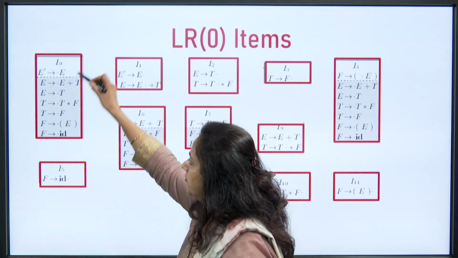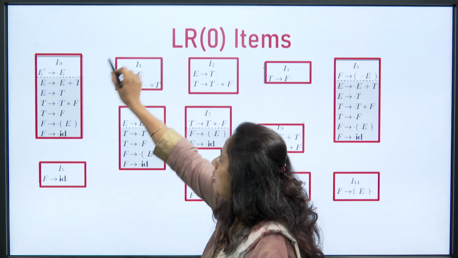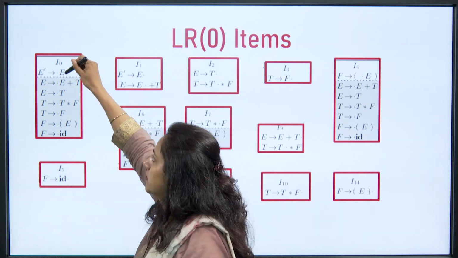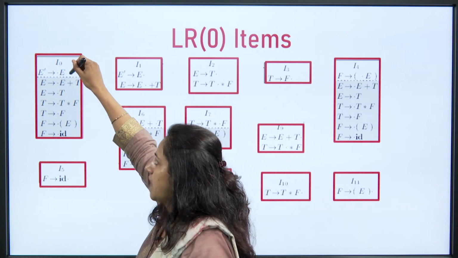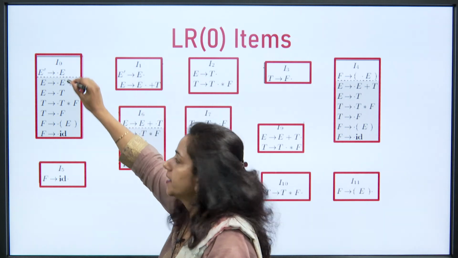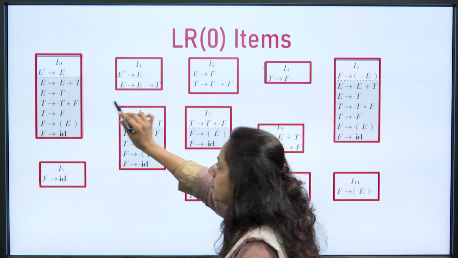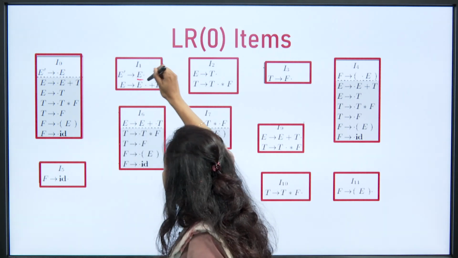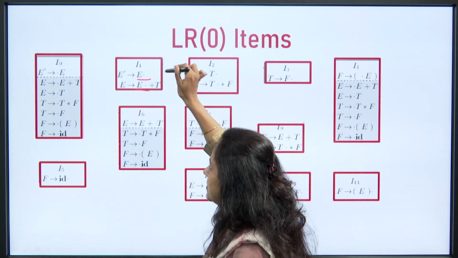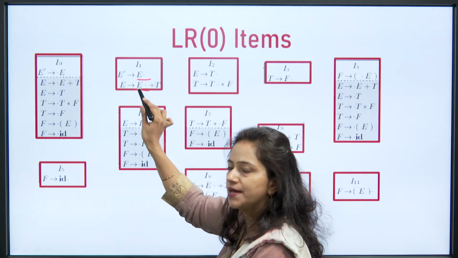So, here we have this I0 as we obtained in the previous case. Now, using this we can obtain the next item. What is the idea? We will see what is the next symbol, the symbol immediately right to the dot. Here we have capital E, so we will write the goto transition for it. We will shift this dot after E. Similarly, we will shift this dot after E, and after the dot there is nothing, so no more item can be added. Similarly, after the dot is a terminal, so nothing can be added.